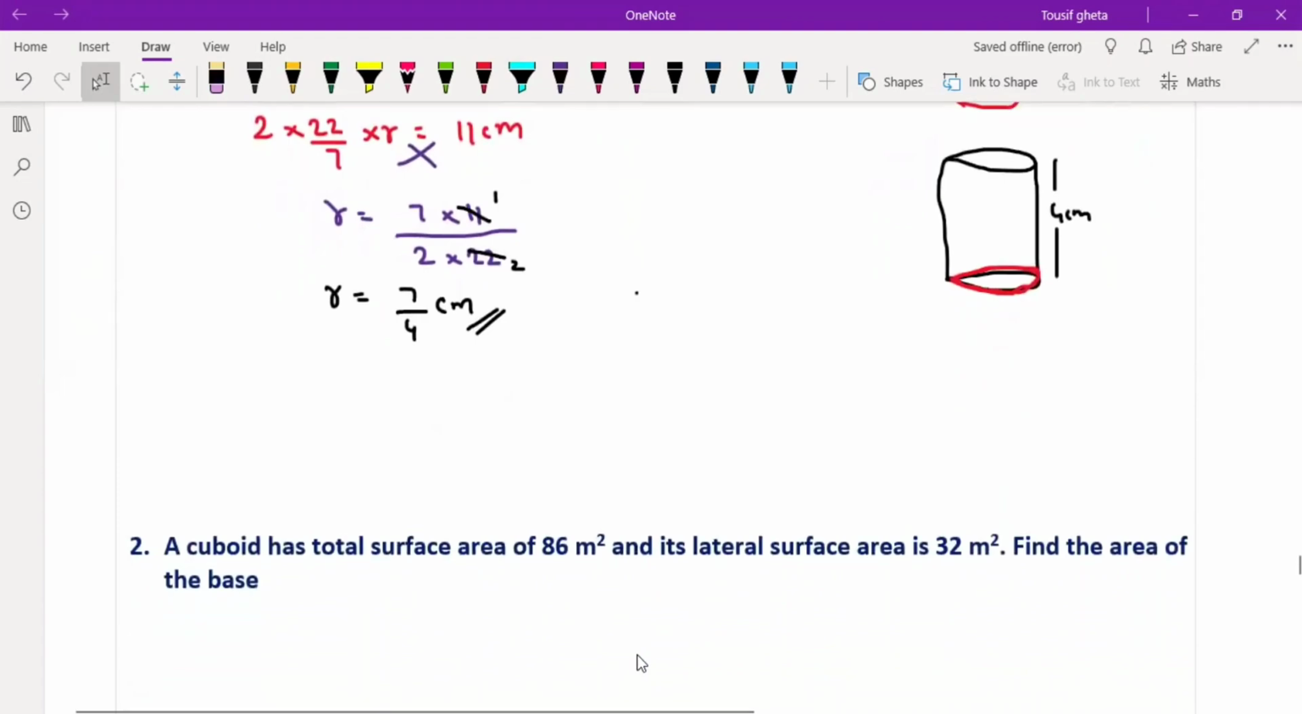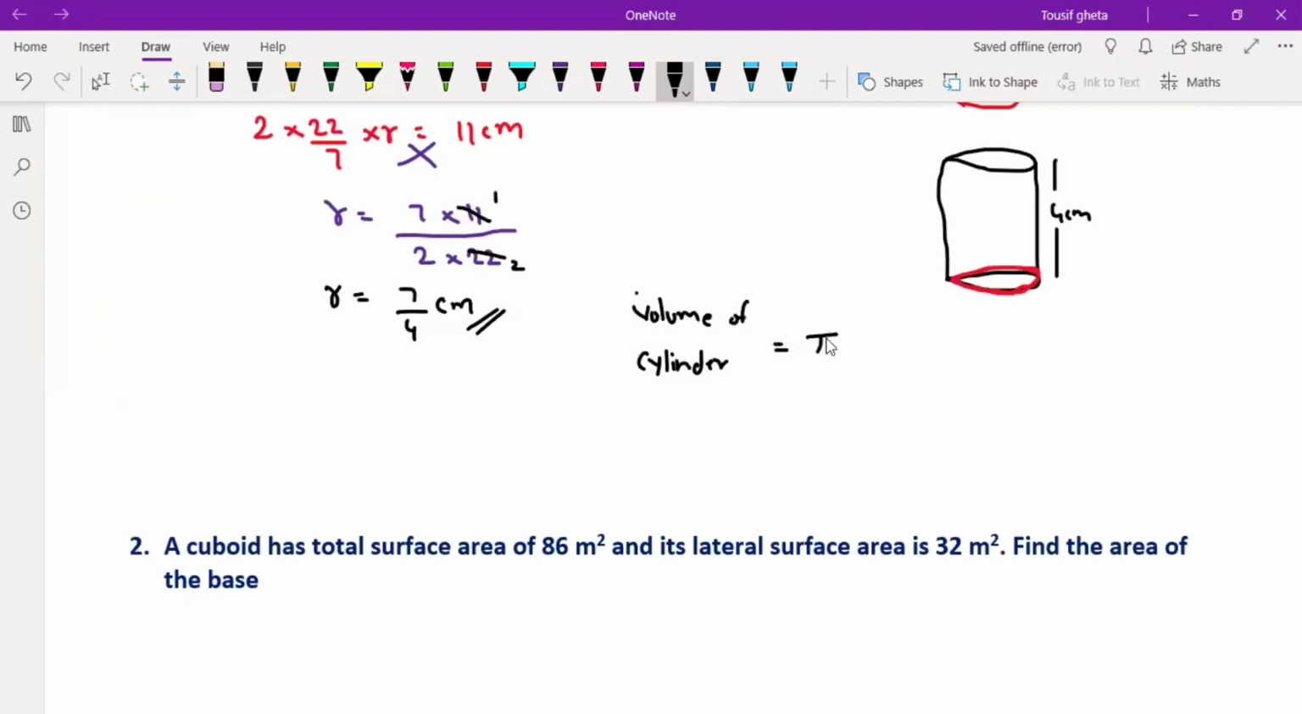We used this, we found R just to find out the volume of the cylinder because in the question they did not mention the value of the radius, right? Okay, let us find out the volume of the cylinder. So volume of cylinder. I hope you may be knowing the formula, that is pi r square h. Let us substitute the values: pi is 22 by 7, radius we got it as 7 by 4, whole square, into the height, that is what,